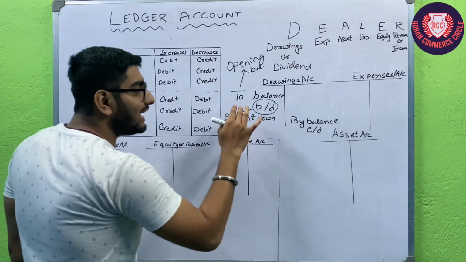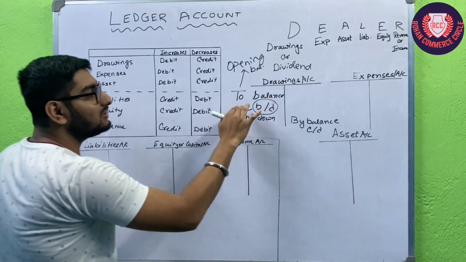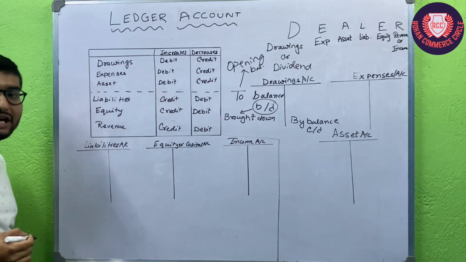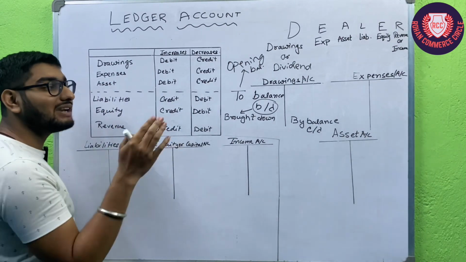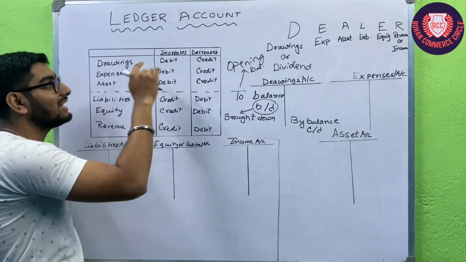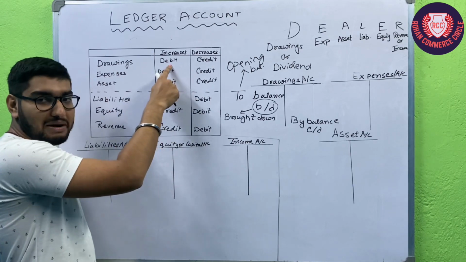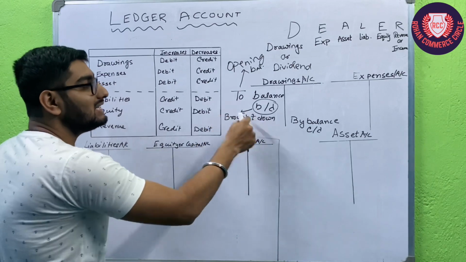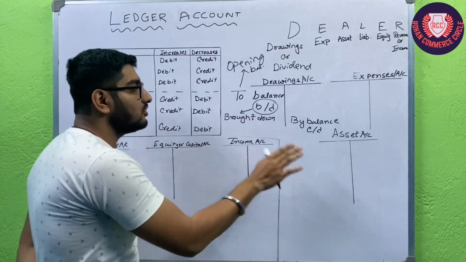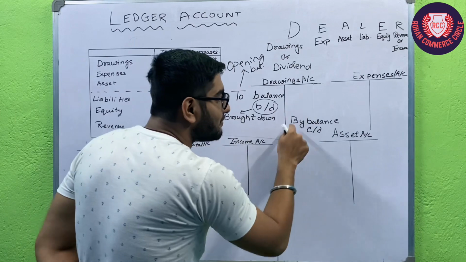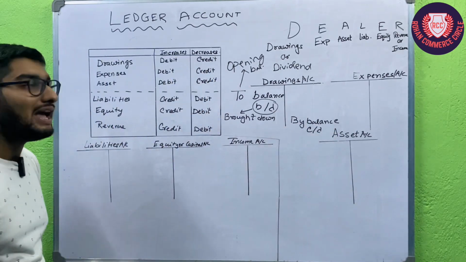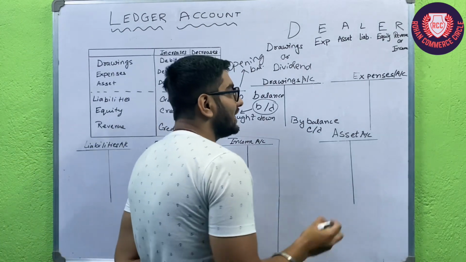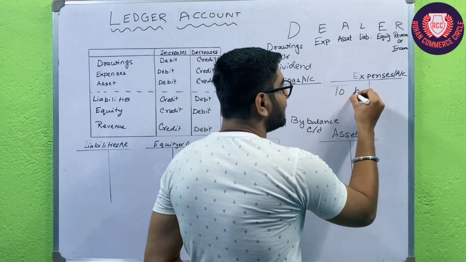Now, while we are writing, how can we understand whether we have to write on the debit side or the credit side? By this format, okay? When we are just starting, we have to see this chart. If drawings are having a debit balance, that means we have to write the debit balance. We always have to write to balance BD, okay? And the closing balance will be credit, that is by balance CD, always. And it will be the same for expenses and assets also. Okay, it will be the same, like to balance BD